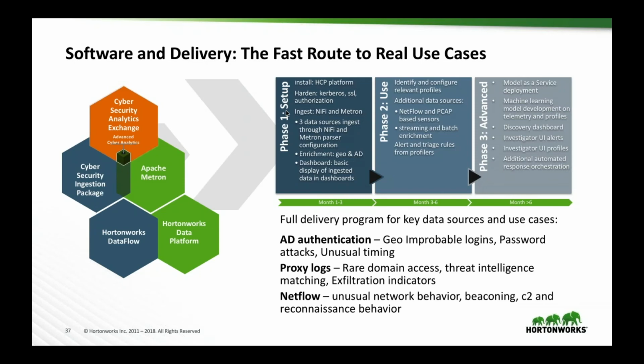The second piece of that, after you've got it in place and start to get a comfort level with understanding what the platform is capable of, is to see if we can start to incorporate some of those more comprehensive data sources like packet capture data. Maybe we want to start doing some more comprehensive batch enrichment, machine learning models. What are some best practices around developing triage and alerting rules? Those are things that we can bring to the table based on what we've seen from other customers